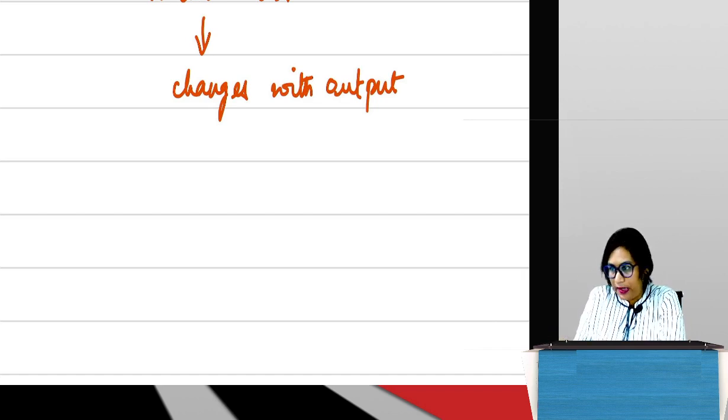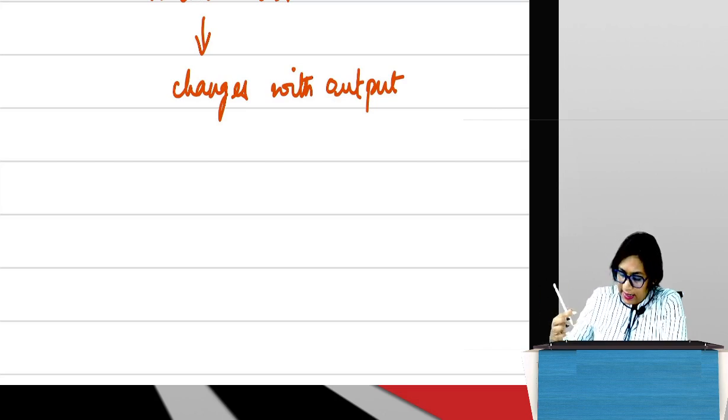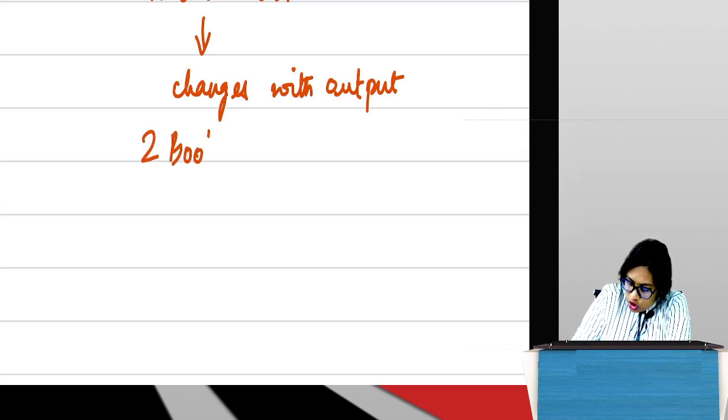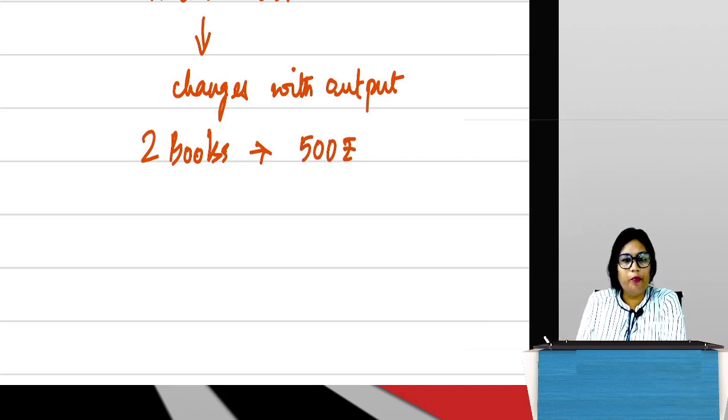Correct? So the same example we'll take. Which example? The example where I hire this room from Sahana ma'am, right, to handle costing classes. So their rent was a fixed cost. But now you all have got LMRC, you all have got question bank, correct? All of you have got 2 books, correct? Let's say example, cost of those 2 books is 500 rupees.